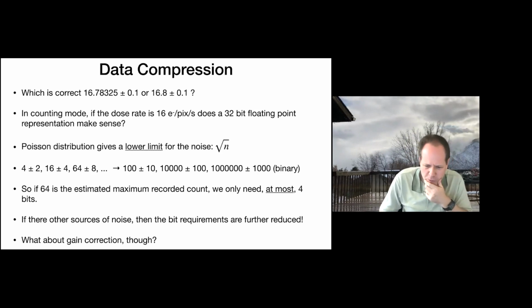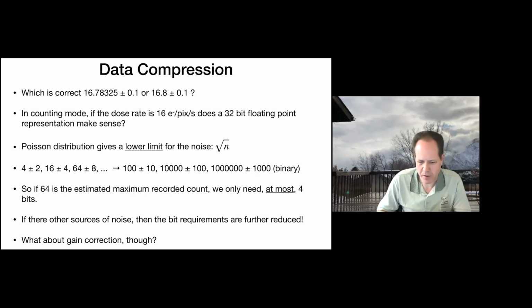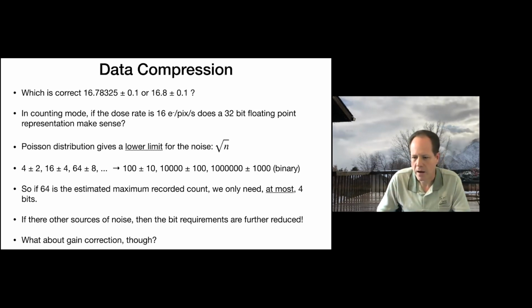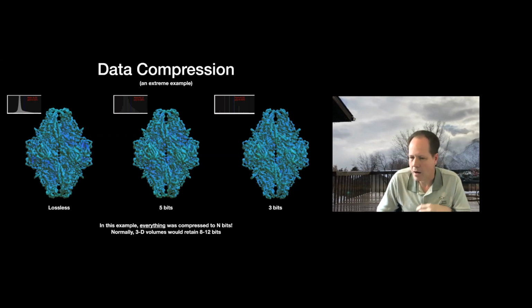The gain correction does throw a few cogs in the works, but actually it's not all that severe. I'm not going to talk about the gain correction issue today, but bottom line is that through statistical averaging, the gain correction problem goes away. So you don't really have to worry about that, even if you're representing these images with a small number of bits. So our approach is basically explicit bit reduction combined with